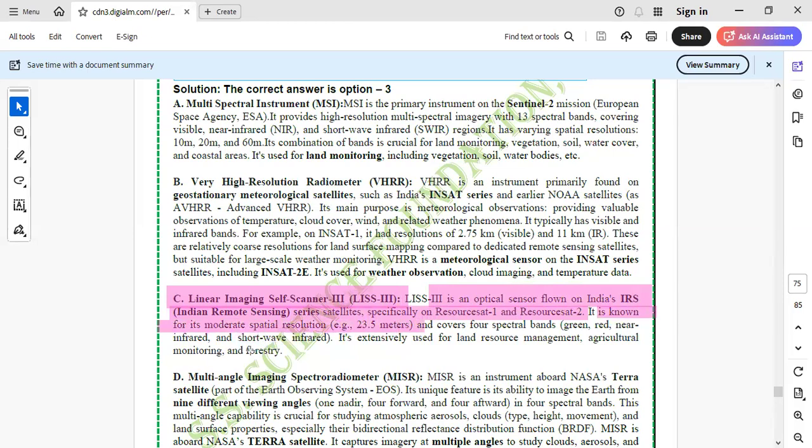ये रेजोल्यूशन भी पूछा गया एक बार पुराने पेपर्स में। And covers 4 spectral bands, green, red and near infrared and shortwave, है ना, SWIR होता है। It is extensively used for land resource management and agricultural monitoring and forestry. तो कहाँ इस्तेमाल होता है वो भी आपको पता होना चाहिए, ये जरूरी है बहुत ज्यादा जानना।